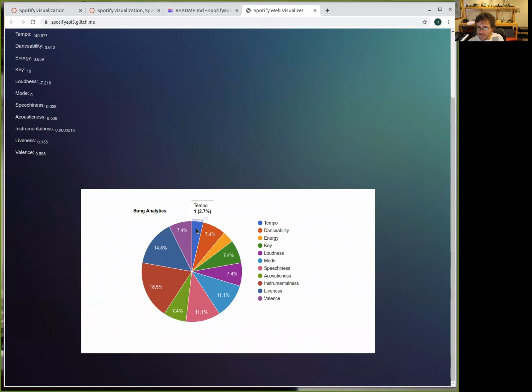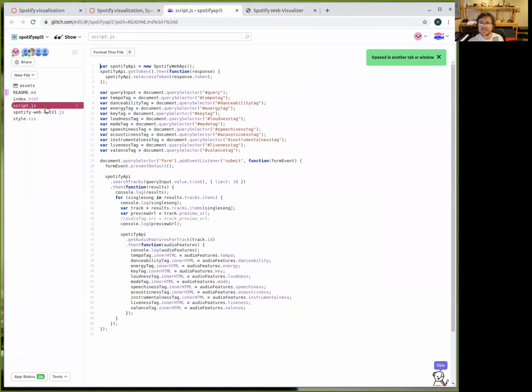Now, wow, this is not P5, is it? Is what? P5, the library for the graphics. Oh no, it's not. I didn't know that it needed to be on P5. Can you tell us a little bit how you did it? It looks pretty nice, actually. Yes, we had a rough time trying to put the values of the numbers in the chart.